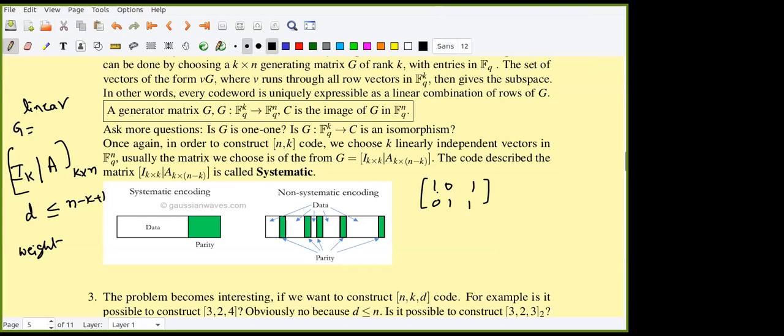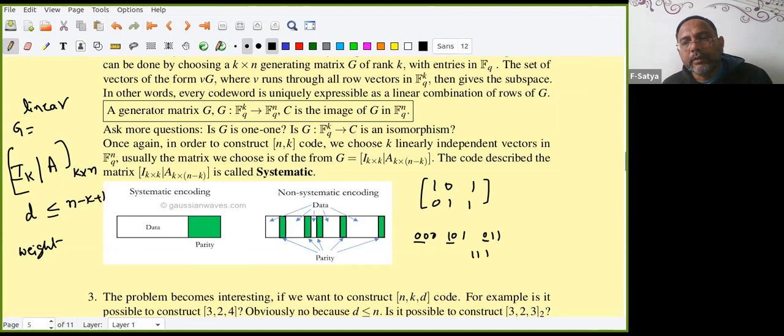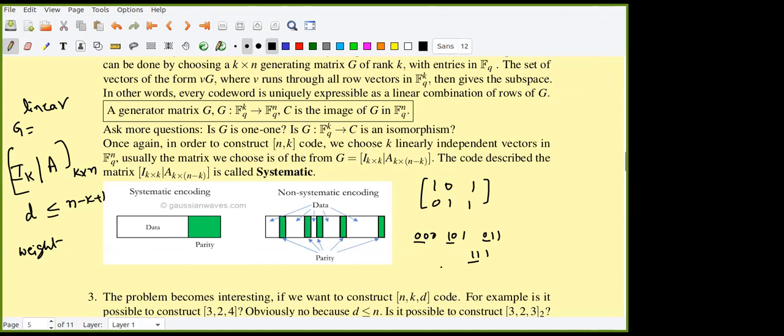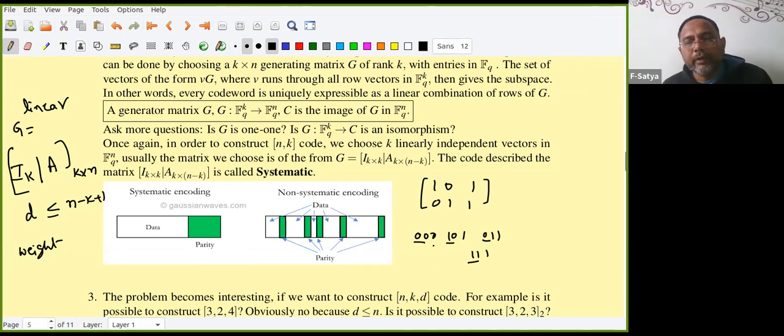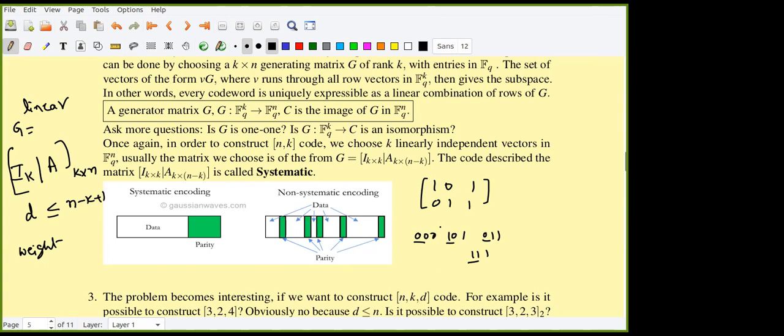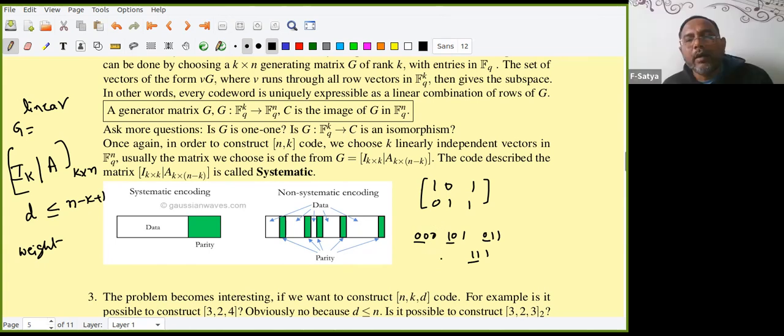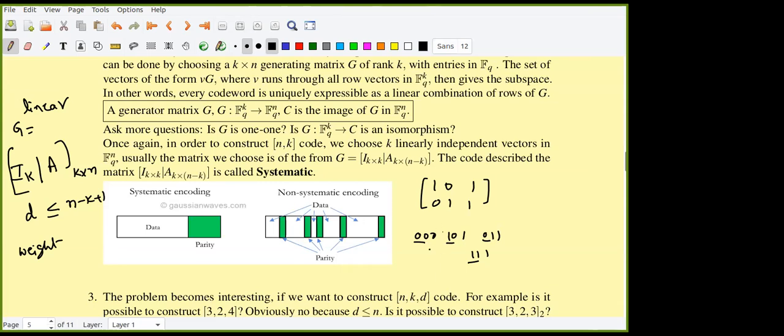Now after we found the code using this generator matrix, if we look at only the first k coordinates, then the distance is going to be 1 for any general k and any general field. And the remaining components can be at most n minus k. So then we add them. Now it is clear to me what your intention is.